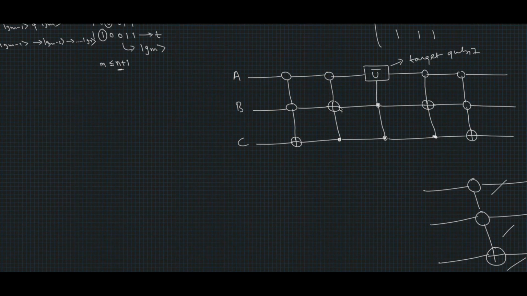So let's see how this circuit works. Our initial state is 000, which goes through this operation, and since both the control qubits are 0, the target qubit is flipped. So after this operation, our state would be 001. Further, when the control qubit is 0, the target qubit, which is this qubit here, is flipped to 1. Therefore, we have 011 at this point.